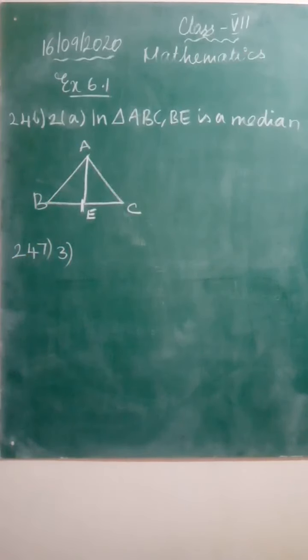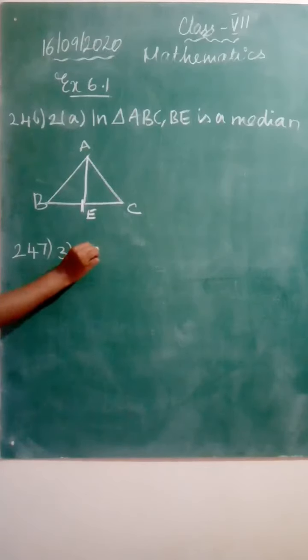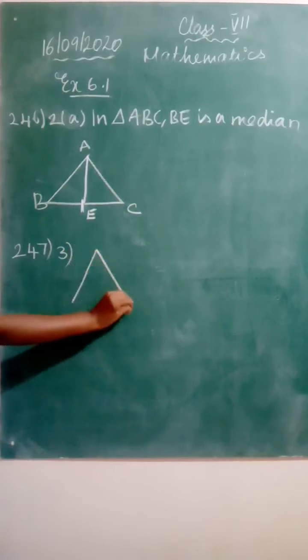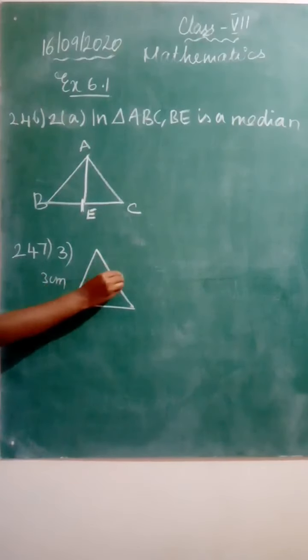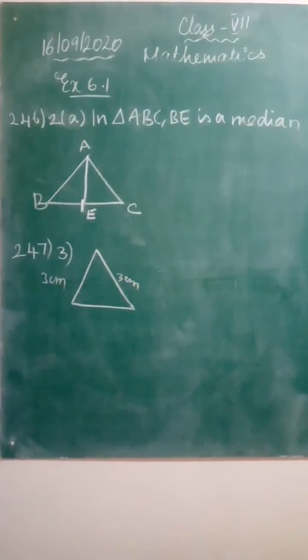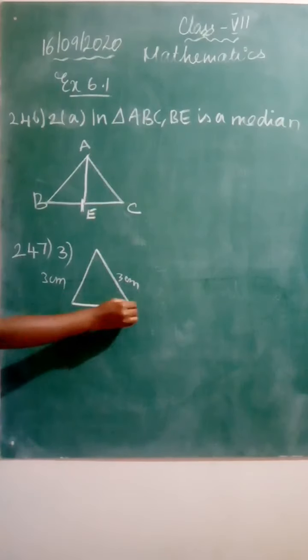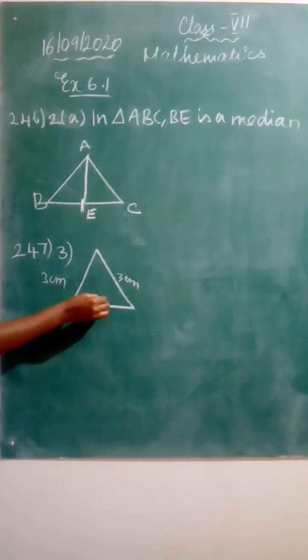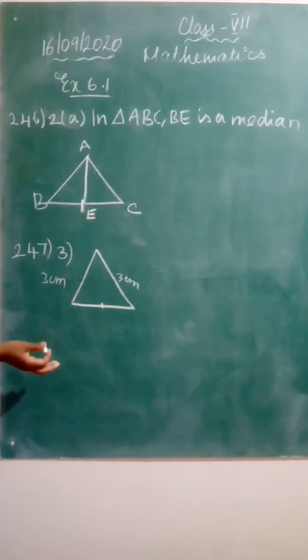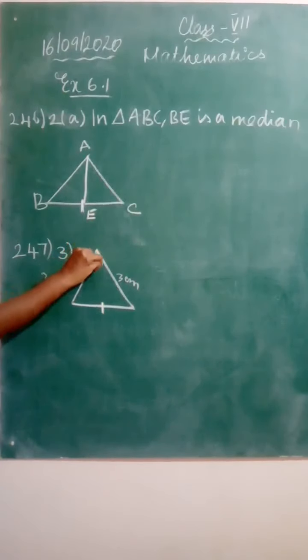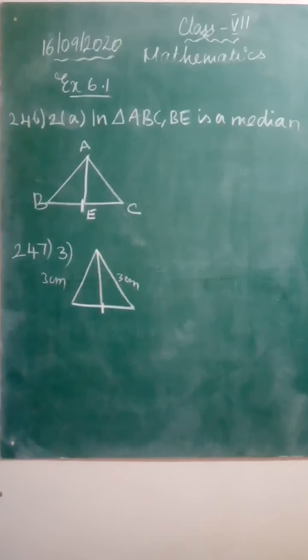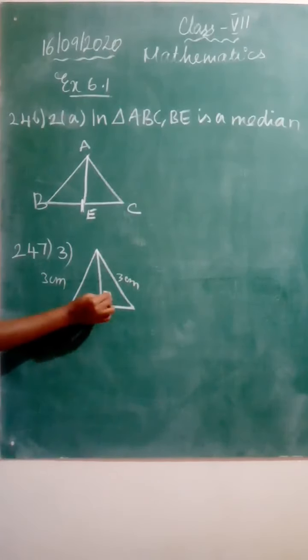Okay, next, the third question is, you have to check for an isosceles triangle whether both altitude and median are same or not. Okay, so you draw an isosceles triangle, like 3 cm, 3 cm, and then join this. So this is also 3 cm, this is also 3 cm. Now you have joined these two sides. Now take the midpoint of this side. I cannot do it with a scale, you have to do it with a scale in your notebook. Take the midpoint of this side, then connect the vertex point and this point. Now if you use your protractor and check the angle here, it will be 90 degrees.